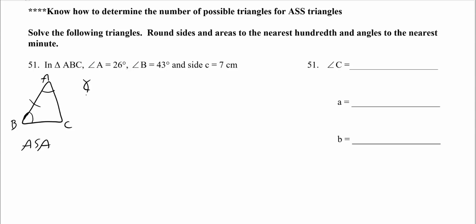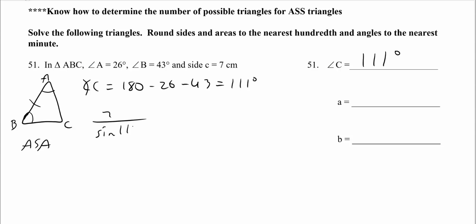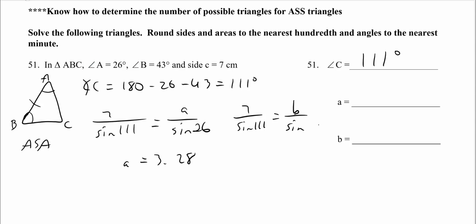Basically, angle C is 180 minus 26 minus 43. So angle C is 111. Okay, that's pretty easy. And then it's just law of sines. So 7 over sine of 111, and we'll do A first, so A over sine of 26, and so A comes out to be 3.28. And same thing, 7 over sine of 111 equals B over sine of 43. So cross multiply, and B comes out to be 5.11